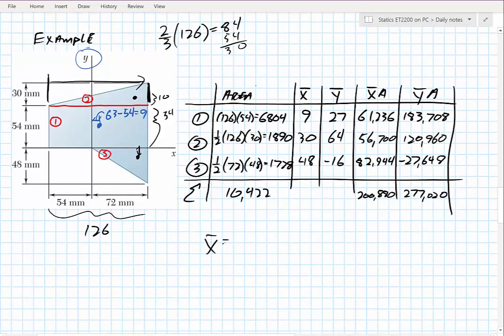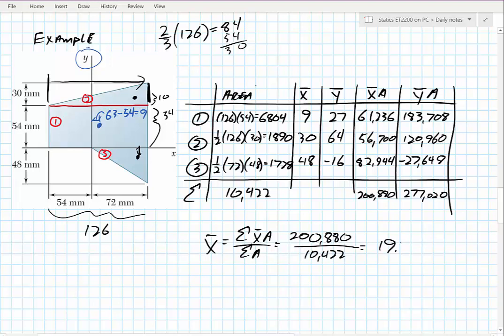The last step is plugging into this equation that we just did for our composite sections. For the X bar, 200,880 divided by the total area of 10,422 gives me a value of about 19.27 millimeters. And same idea for the Y bar,